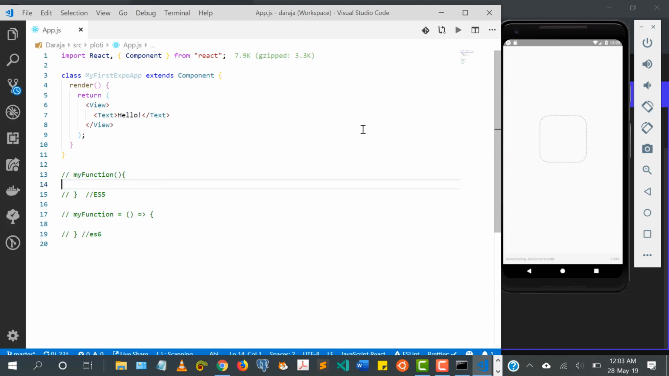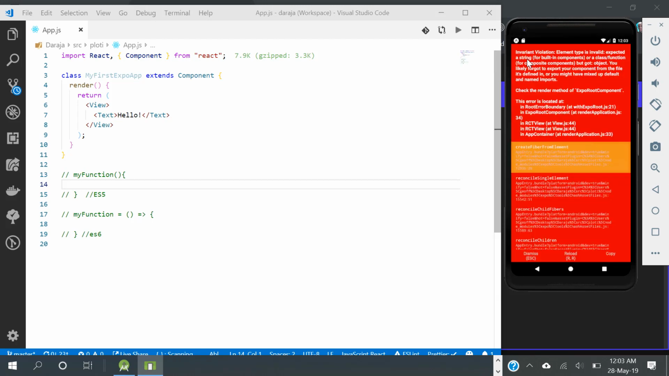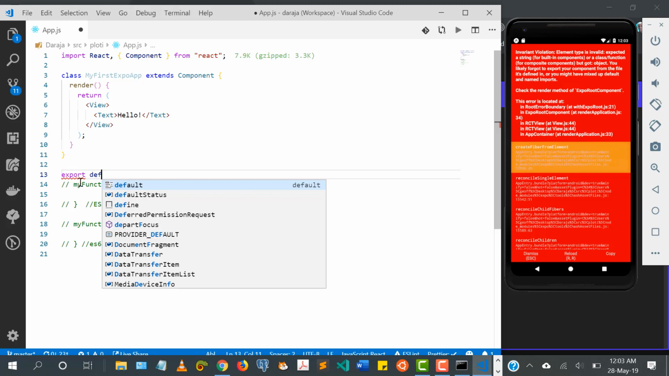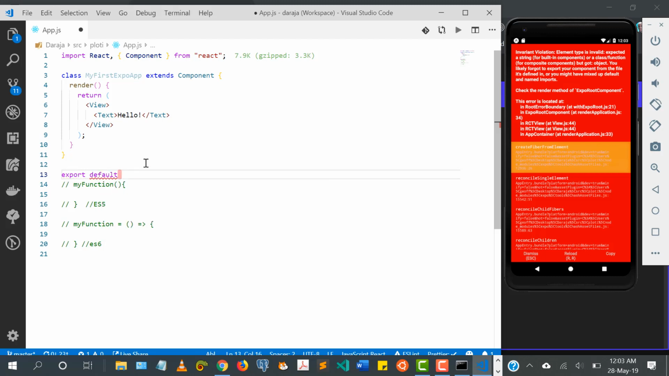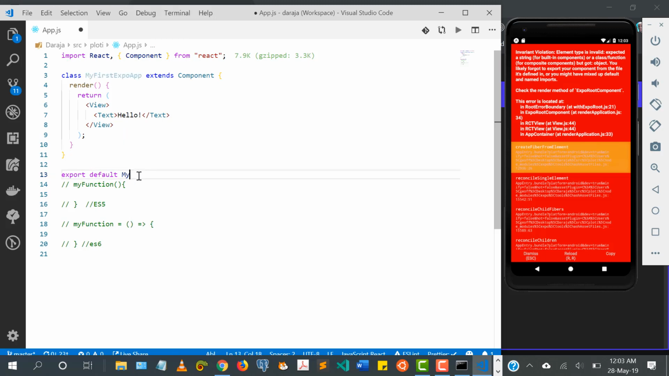If I refresh, we are probably going to find an error because of a few things. Let it finish. It said expected a string of class function, the render method. You likely forgot to export your component. So of course here we need to write export default, and the name of this, whatever this name is. And now if we save that,